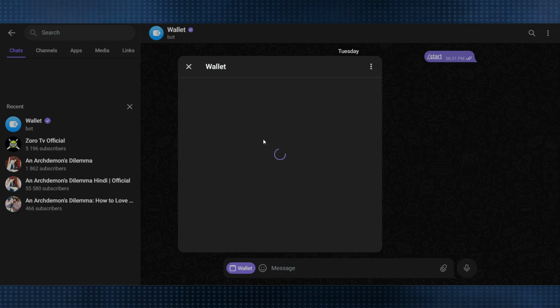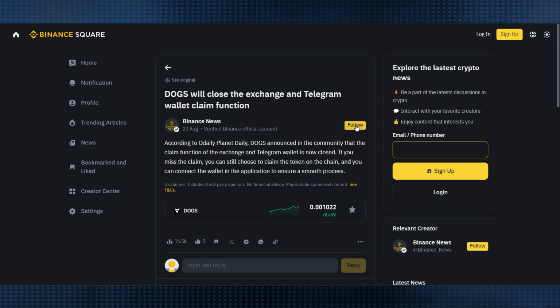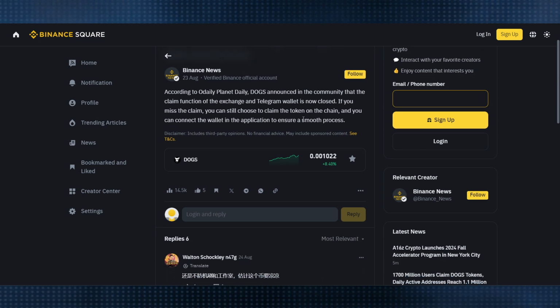Choose the appropriate network, specify the amount of DOGS you wish to send, right? Note that there's a minimum withdrawal amount, usually around 1000 DOGS here. And once you do that, since Telegram wallet does not require a memo, leave the field empty, confirm the withdrawal,